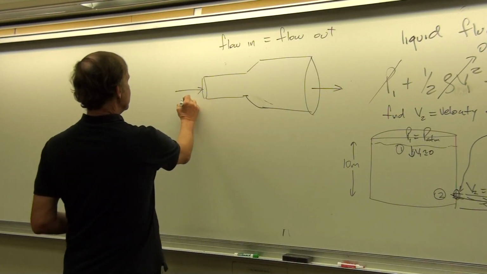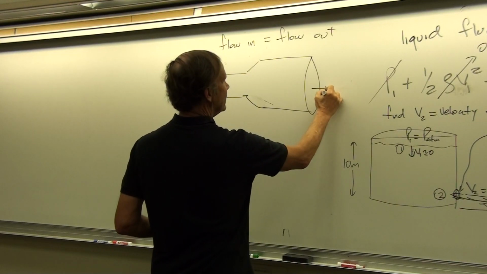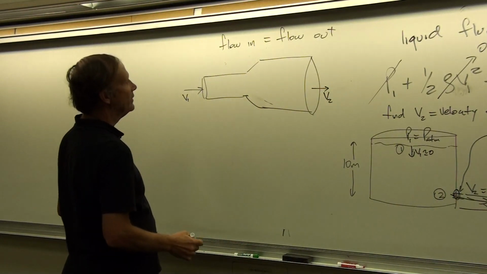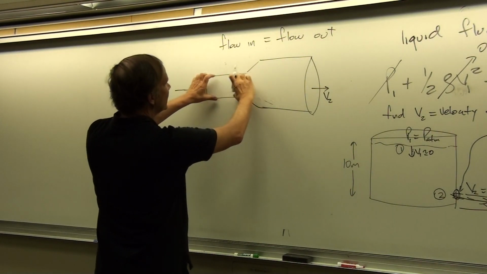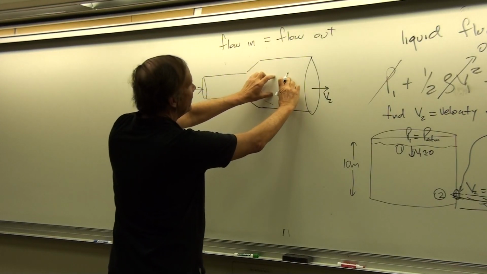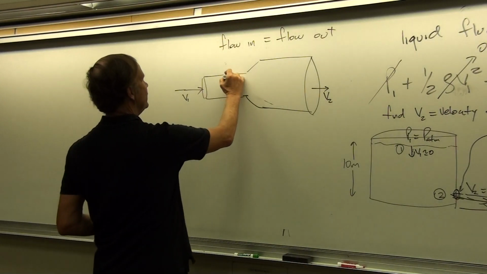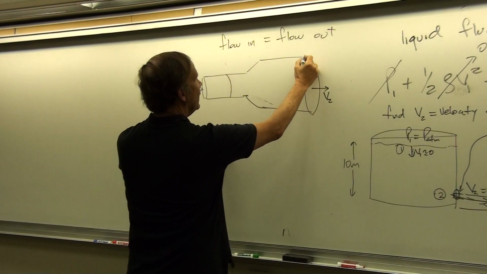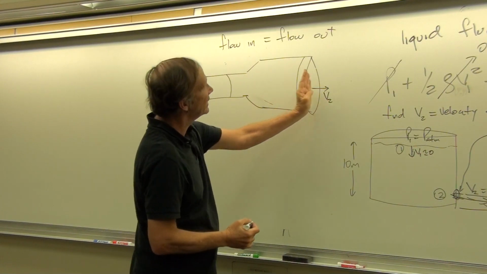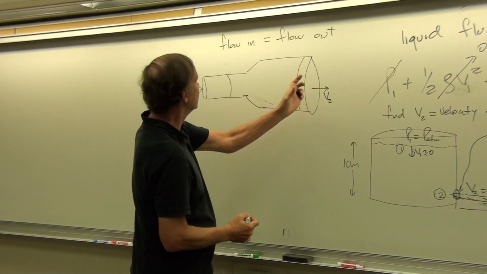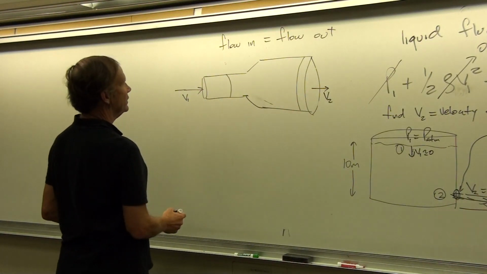And so if this velocity then is V1 coming in and this velocity is V2 going out, I think that intuitively you could guess here that V1 is going to be greater than V2, because it's got to hustle to get the same amount of water flow through here. But then here, because there's a bigger area, in other words, if you had this amount of water moving through there, then that might correspond to this amount of water moving out. This might be the same mass as that volume of water going in as going out. But if this water moves that far, this water moves that far, then V1 is greater than V2.